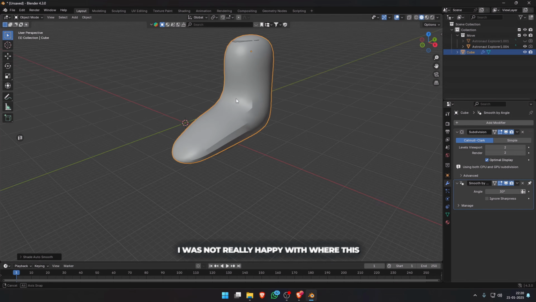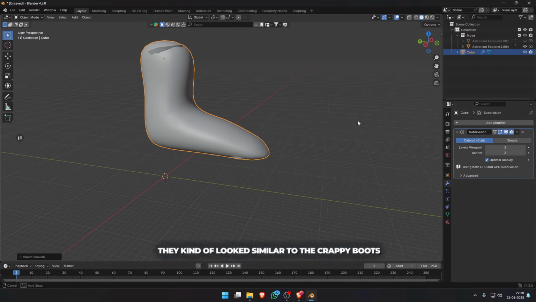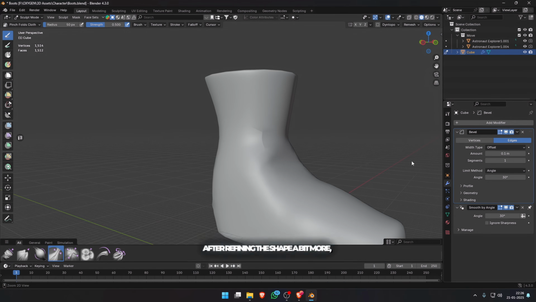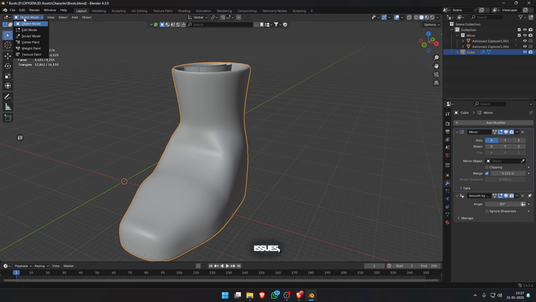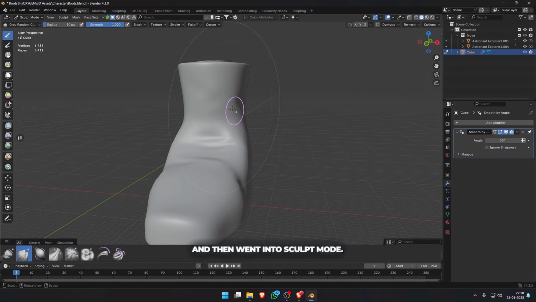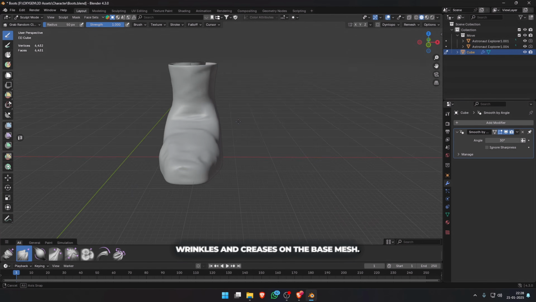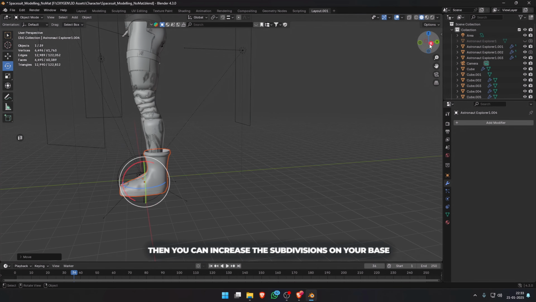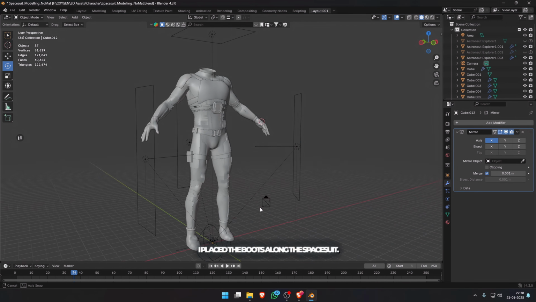I was not really happy with where this was going, but then I went to Google and searched images of astronaut boots, and to my surprise, they kind of looked similar to the crappy boots I was making, so I went ahead with modeling the rest. After refining the shape a bit more, I added a mirror modifier to remove any topology issues, applied it, and then went into sculpt mode. I used cloth sculpt brushes to add some wrinkles and creases on the base mesh. If you cannot get the creases to show up right, then you can increase the subdivisions on your base boot mesh. I placed the boots along the spacesuit